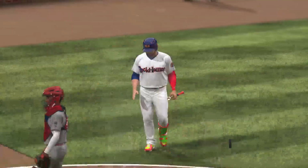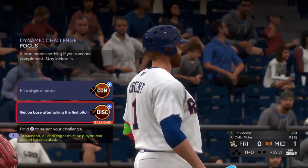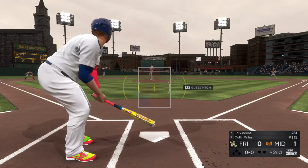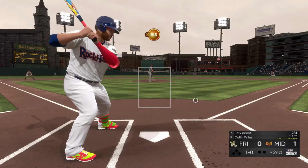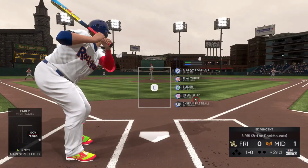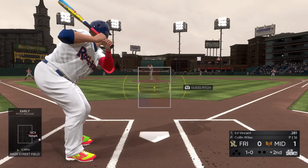Tonight, Taylor Hurd gets the ball in Game 3 of the series. Dan, any thoughts? Hey, this guy's had a solid year up to this point. It's not an easy thing to do in baseball this year with all the high-scoring games, but this guy has an ERA of sub-3, and that's saying something. If he continues to do that, I think you're going to see a really good performance out of him in this one. Eduardo Vincent is in to start things off as he looks at a ball to start the inning,